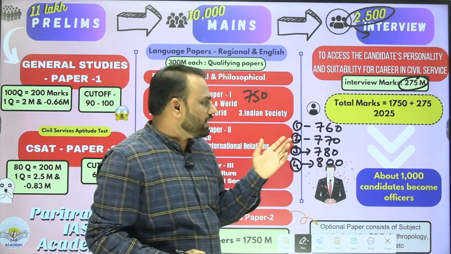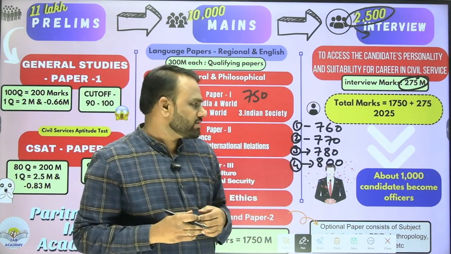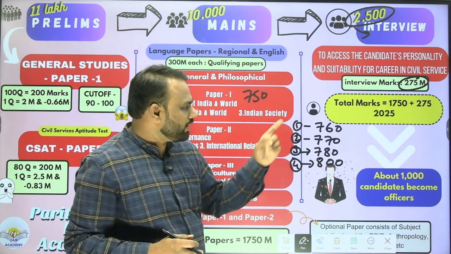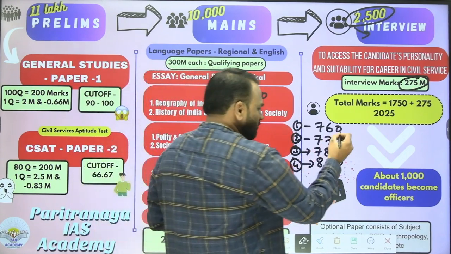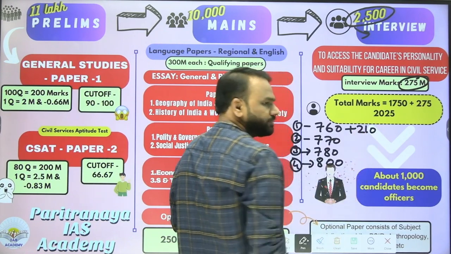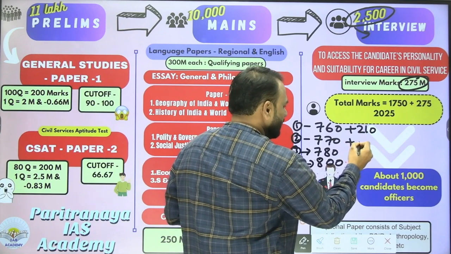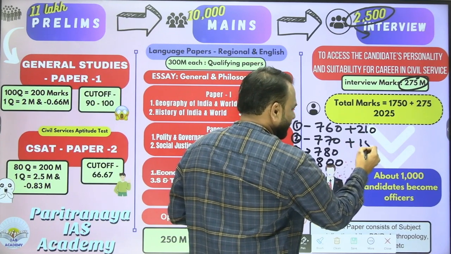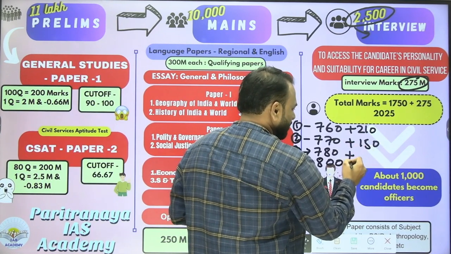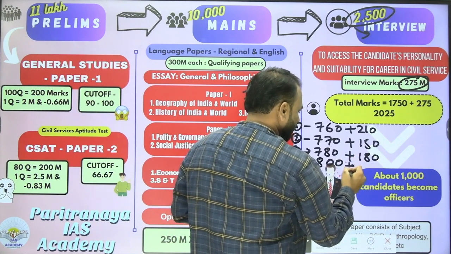Different candidates will get different marks based upon their performance. So let us assume out of 275 marks, person 1 will get 210 marks, person 2 will get 150 marks, person 3 will get 180 marks, and person 4 will get